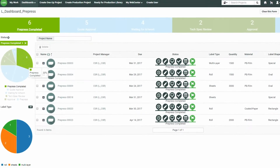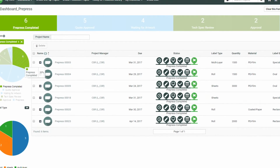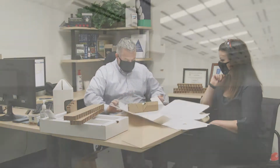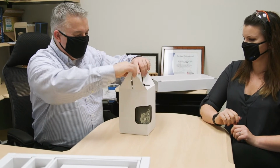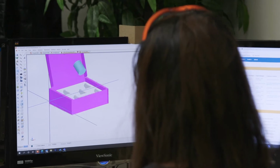Based upon the information provided to them in Web Center, our design team then ideates and marries client needs to your vision to create a custom design. The design process typically takes 3 to 5 days, but can take up to 2 weeks for complex structures. Simple standards are more immediate and make up 70% of the requests, freeing our design team to primarily focus on